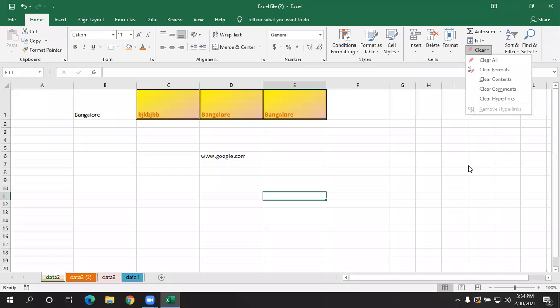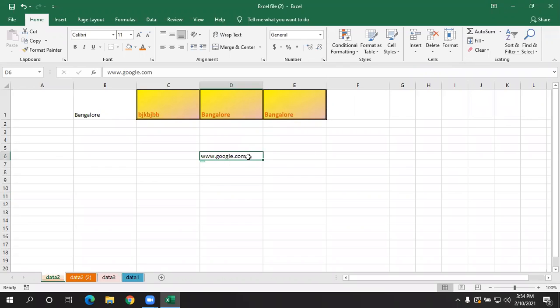Okay. Clear comments, it's like reading a comment. You have added a comment to a cell. If you don't want it, you can clear it. Okay. And once again, I'll tell you the shortcut key to add a comment is Shift plus F2. Okay. Again, if you want to edit it, now for this itself, I'll give the name as a